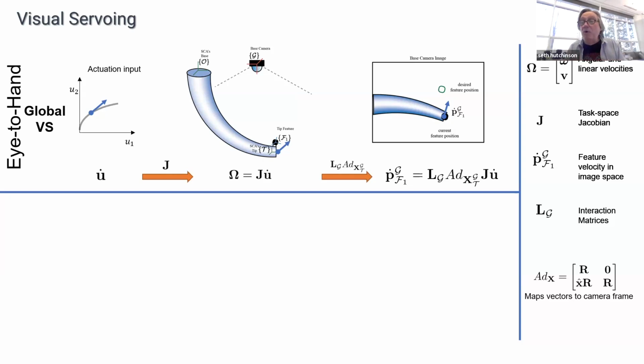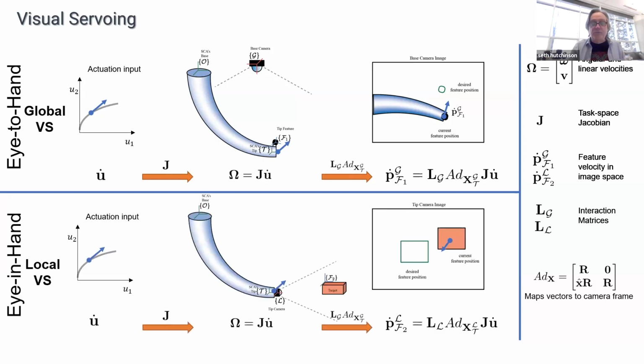And then there's one more Jacobian matrix, or interaction matrix, we call it, that relates a change in the position of the tip of the robot to a change in the image of the robot, right? So that's the matrix L, G, and the adjoint operator is just doing a coordinate transformation to make everything appear in the right coordinate systems. And you can do this whether the camera is mounted in the world or whether the camera is fixed on the end of the robot. That's the forward model for the system.